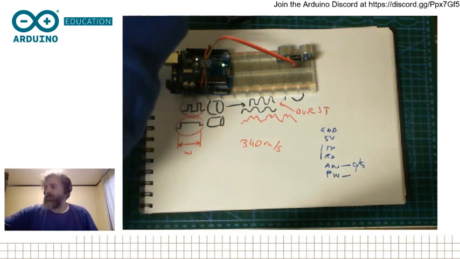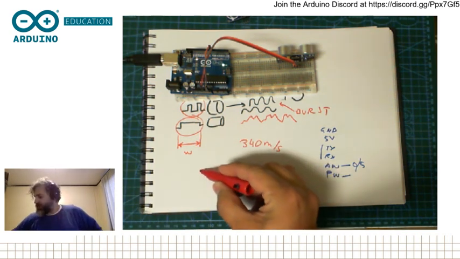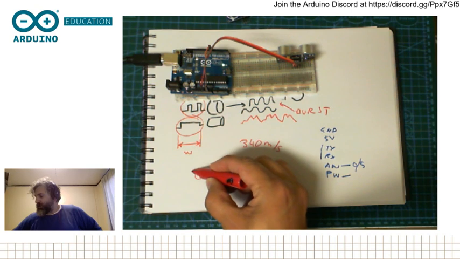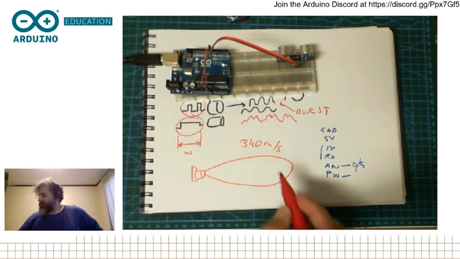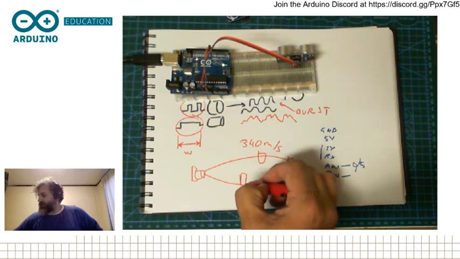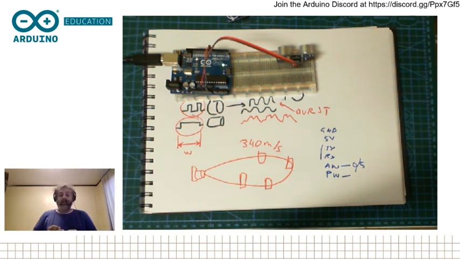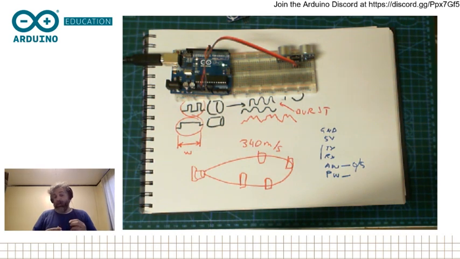In case you don't know how the coverage works for a sensor like this, you should just think about it that if you have a sensor here, the coverage for the sensor is a beam that is more or less this shape. So if there are multiple objects on the way, all of them will produce an echo. And it's interesting because MaxBotix actually allows you to detect multiple objects in the beam. To be honest, I have never had a chance to try out that exact functionality, but according to the datasheet, it should be possible.